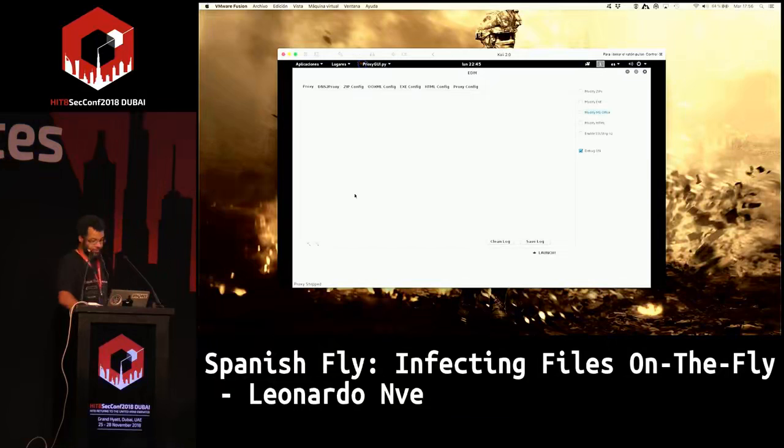Okay, this is the proxy. Here, this is the configuration for infecting executables.